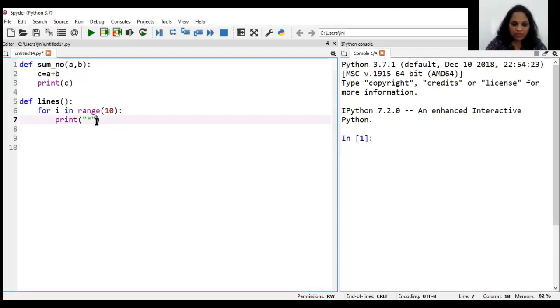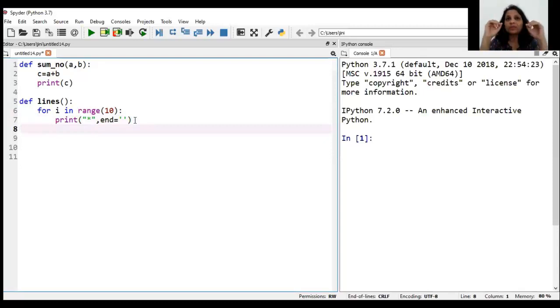You can eliminate that. I just write end is equal to and put quotes there, which means after printing, do not go to the next line, remain on the same line. Now in this example, I will get a horizontal line of 10 stars.